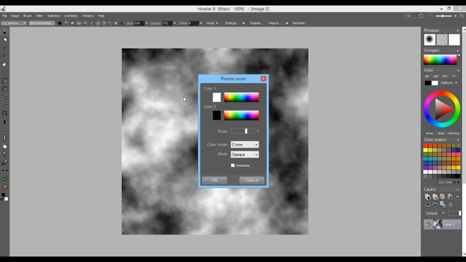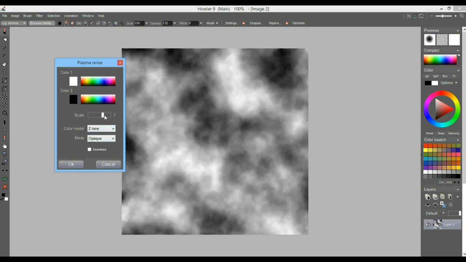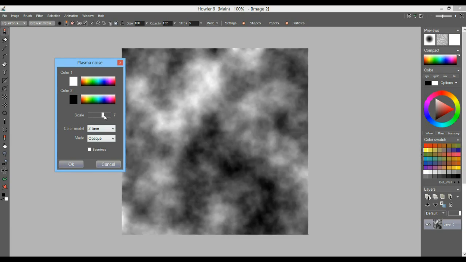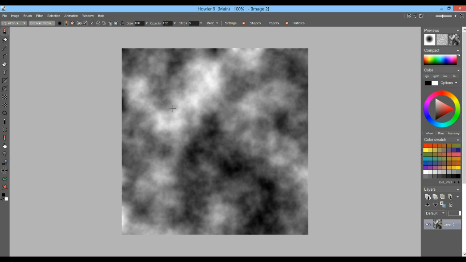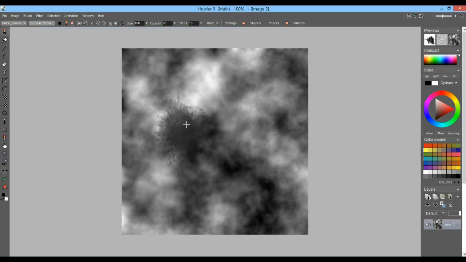I'm gonna go my traditional route here with the plasma noise and maybe click it a few times until I have something I like for whatever reason. There you go. I'm going to grab also perhaps a little bit of additional brush content here. I'm gonna go, let's see, one of those that's dark. Let's give it some bright addition. Let's give it a little bit less on the opacity,